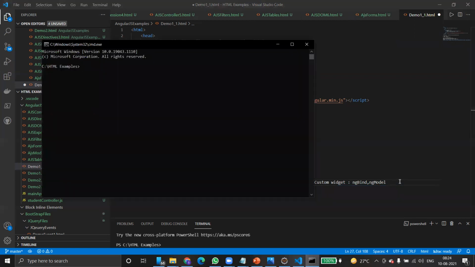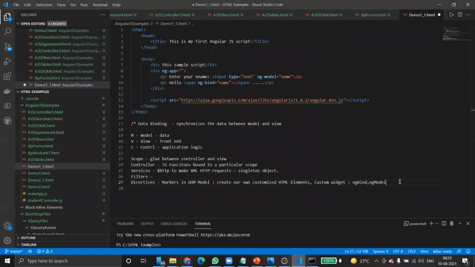ngBind, ngModel. These are basically directives. They are also called markers in the DOM to create custom objects and widgets. Then coming to templates, another very important component in AngularJS. What are templates? Templates are basically readily available widgets, rendered views with the information from the controller and model.